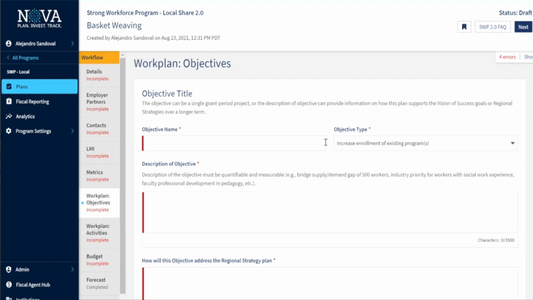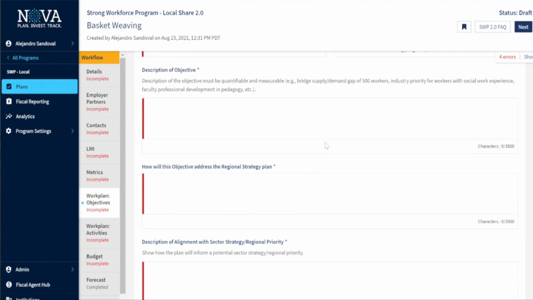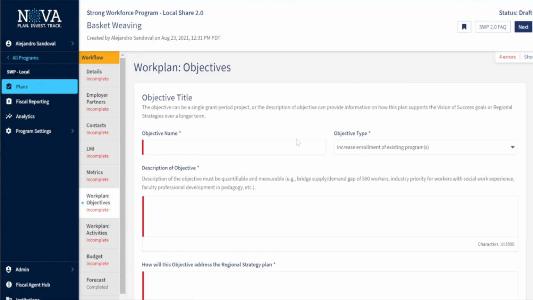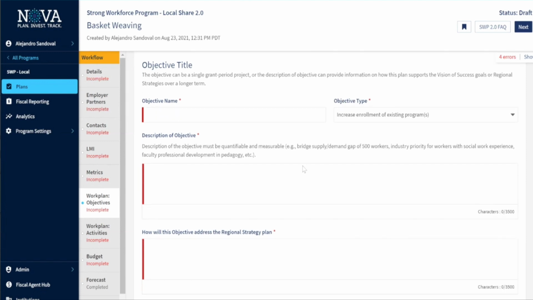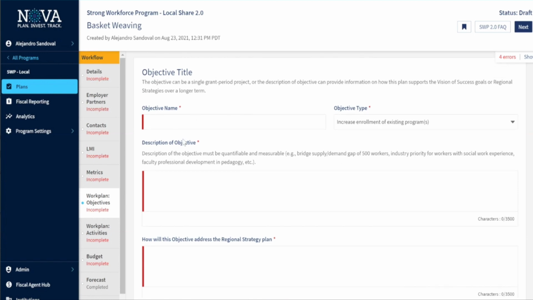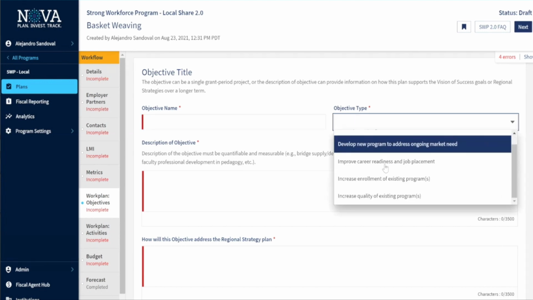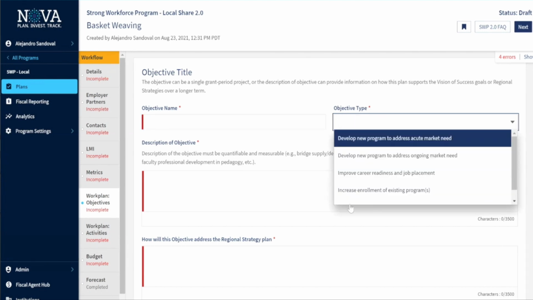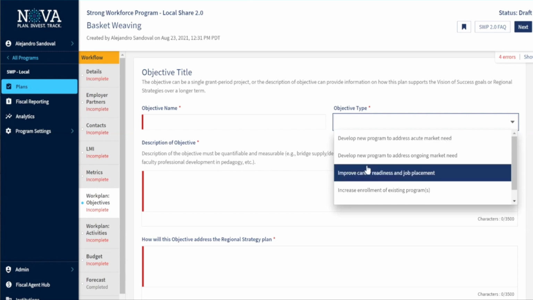The main priority for the work plan here is to show us what kind of project this plan is going to be working towards and what objective and objective type you're going to be implementing towards the outcome of that plan. So we ask for the objective name and the objective type. And this is the new piece that you'll see here for 21-22.